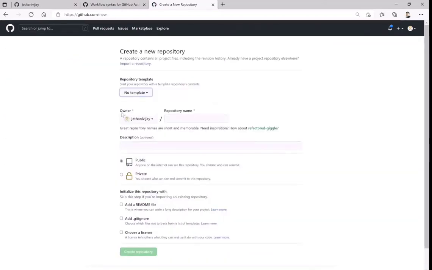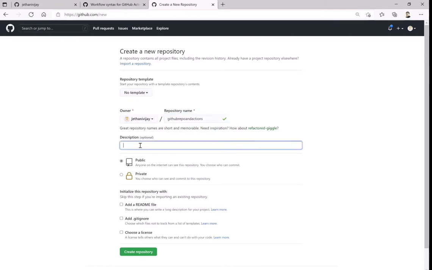While you create your account, you will get a GitHub handle. This is called a GitHub handle. In my case, it is Jethani Vijay. In your case, it will be your name with which you are creating that account. It will ask you for that username. Suppose the repository I want to create is test Vijay. It will tell you whether that is available, or let's put, for today's class, GitHub repo and actions. Is it available? Yes, that's available.